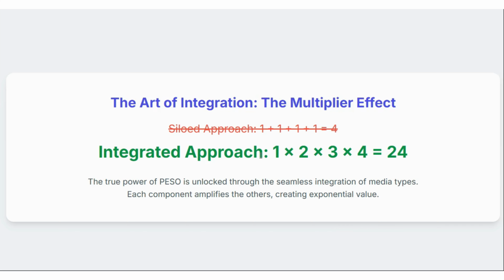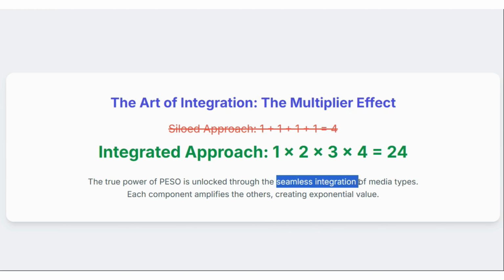In the past, there was a siloed approach. Each category was handled differently by PR specialists, and it was 1 + 1 + 1 = 4. But with integration, you have a multiplier effect. If you integrate your efforts across different channels, we can say it's 24. Yeah, 1 multiplied by 2, by 3, and by 4 is 24. We use the word synergy in academia for that. It creates synergy and has more effect for your business.